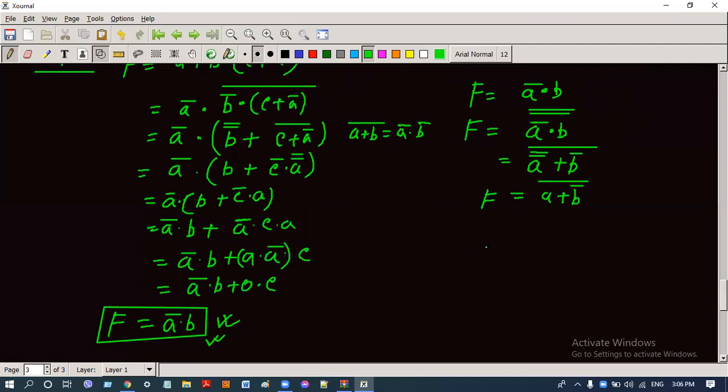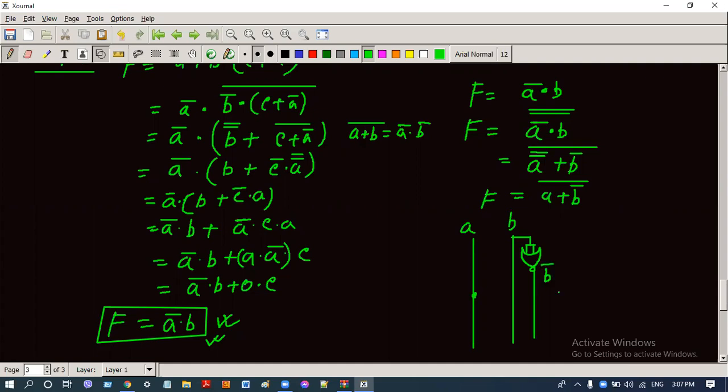Now, here is the two variables. So we have to draw the two vertical lines. So one vertical line is for A and another vertical line is for B. So this is A and B. Now B complement. So we have to draw the two input NOR gate, and the two inputs of this NOR gate are connected. If we connect the two inputs, then the NOR gate works as a NOT gate. So this is B complement signal.